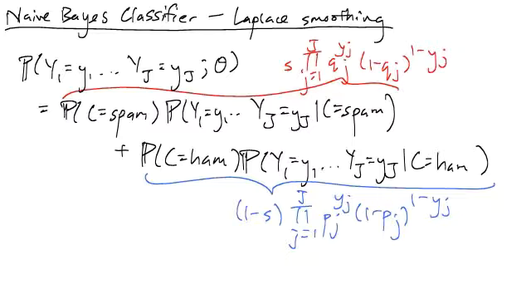This thing we actually saw when I talked about prediction, because when we were computing the probability of a new email being spam, given these features, a little y1 up to yJ, we used Bayes' rule, and in the denominator was this exact probability. And this probability can be interpreted as, what is the probability of observing these features we've extracted under the model that we have learned? Okay, so this theta we learned during training, and this theta consists of S, the PJs, and the QJs. And really these should have hats on them because they're values that we learned during training, but I don't want the notation to get cluttered, so I'm leaving off the hats.